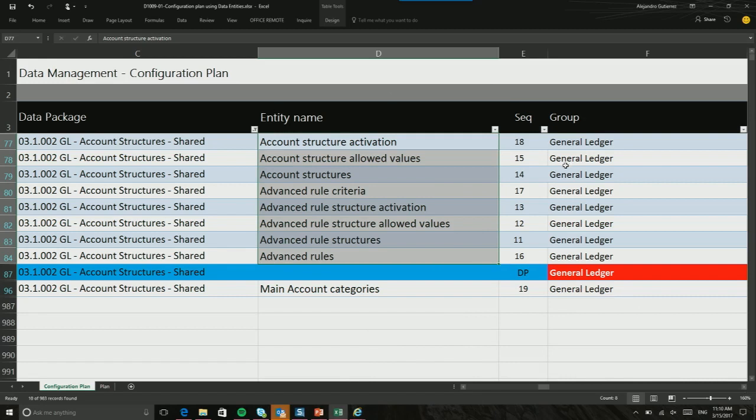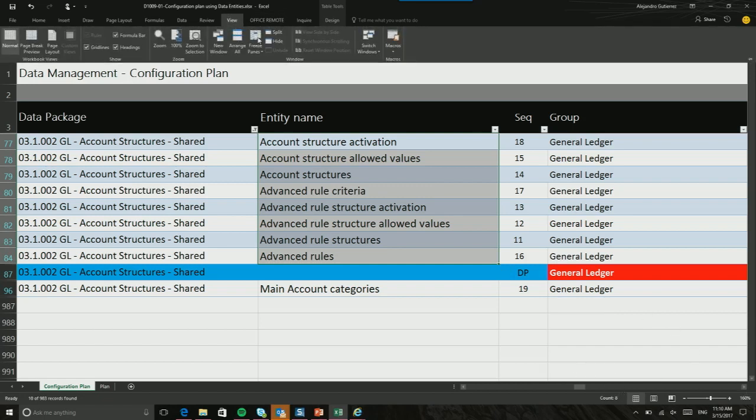For me, this is part of my general ledger scope. And it's not the only data package. If I sort by general ledger, I will have perhaps 5 or 6 data packages that combined create my configuration for general ledger. But the most interesting part is in the next columns. Let me just remove